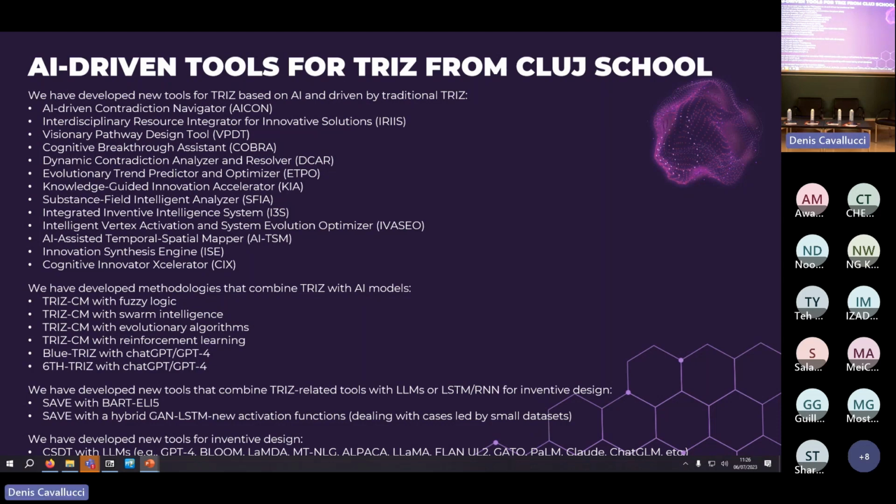Or some other tools that we have developed, but in combination with large language models, such as BART. BART is a combination of BERT and GPT, using T5 or LLaMA from Hugging Face in combination with people in the loop